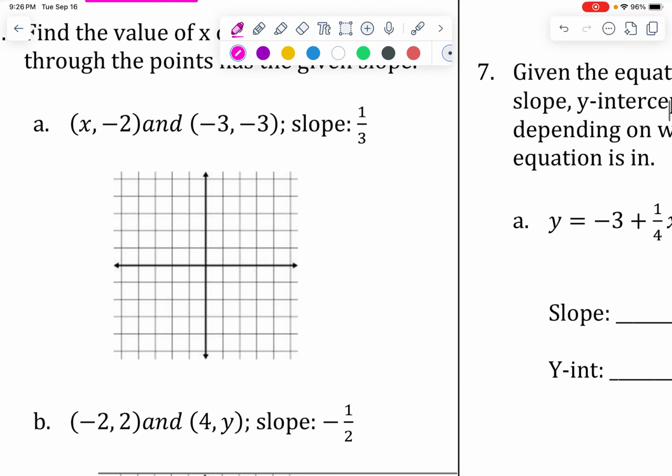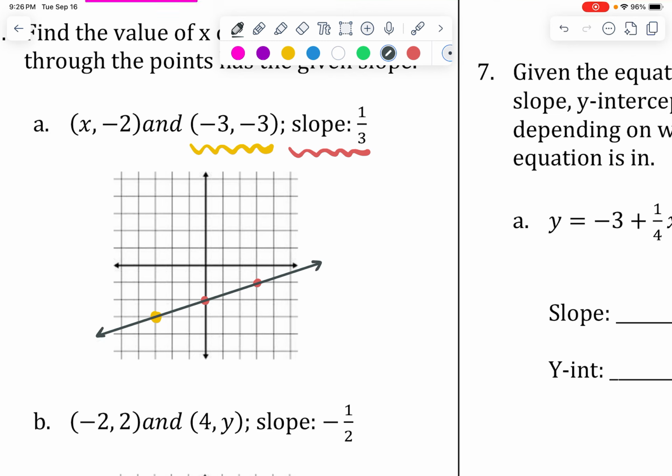So here we go. I'm going to graph what I know. So the only point I know for sure is -3, -3. So I'm going to plot that point. And then I also know I have a slope of 1/3. Well, I can plot that because I have a point on my line, right? -3, -3. I just graphed it. So from there, I can apply my slope. Up 1/3, up 1/3, right? So I know that this is my line,